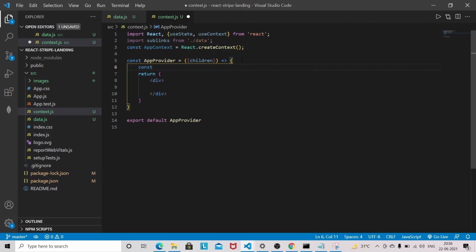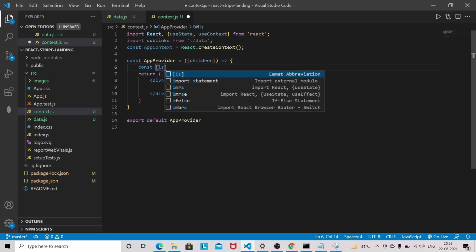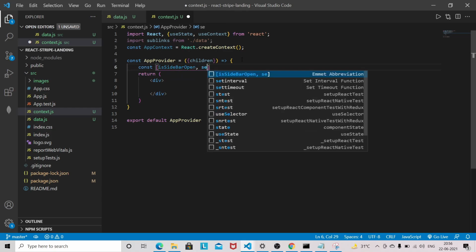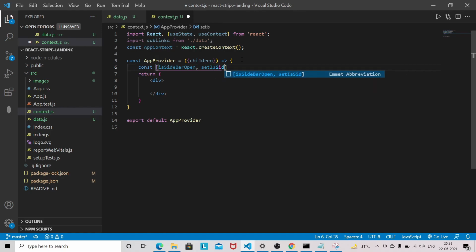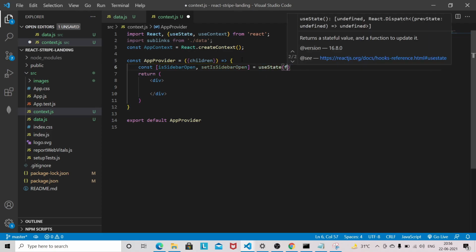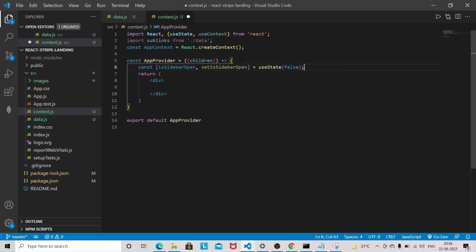So I will use isSidebarOpen. So this is the state, setIsSidebarOpen, make it small, sidebarOpen, and this will also be small, and useState with false, and we will have one another useState.